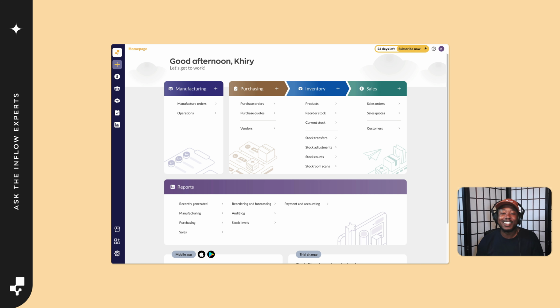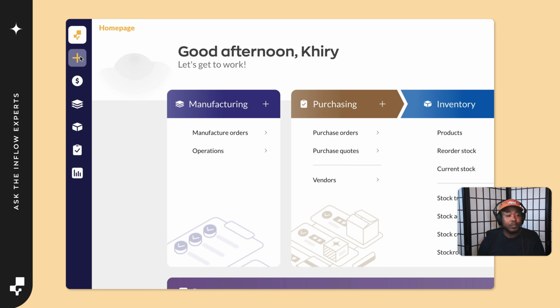A sensitive topic: tariffs. Before I start, I want to say Info's main focus is on inventory management, but there are a few tricks that you can do to help track some of these things from your vendors. So today, I'm going to show you how you can do that. First, let's start a purchase order.